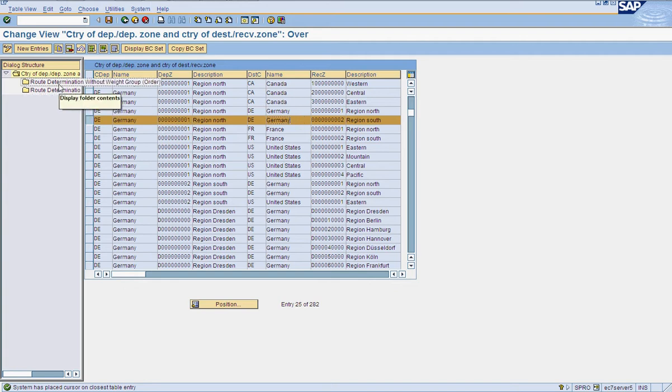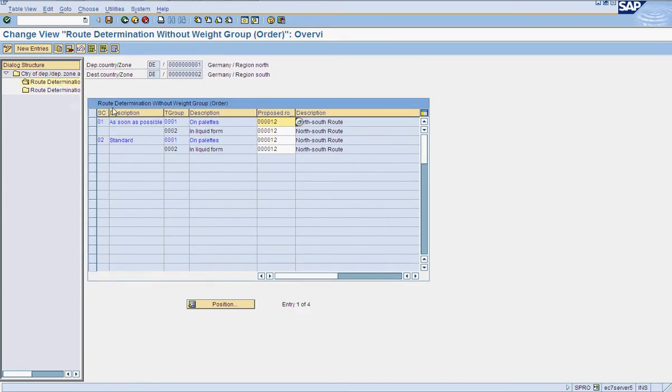What is the route determination? Just click on route determination. It is also dependent upon shipping condition. For shipping condition 01 and transportation group pallets, we are proposing route number 12. If it is standard and transportation group pallets, we are using the same route. So it's essentially from departure to destination. What is the route determined?